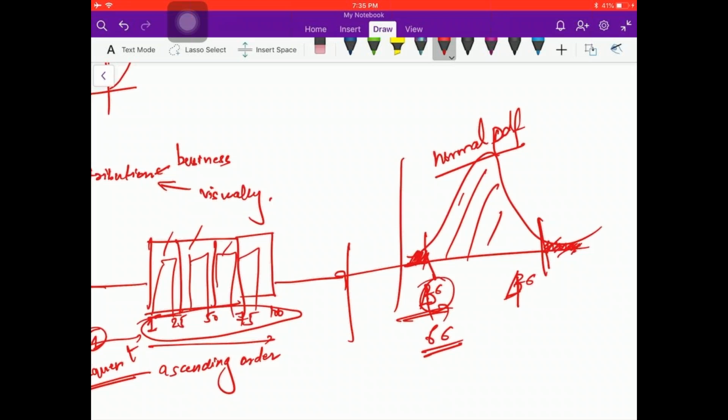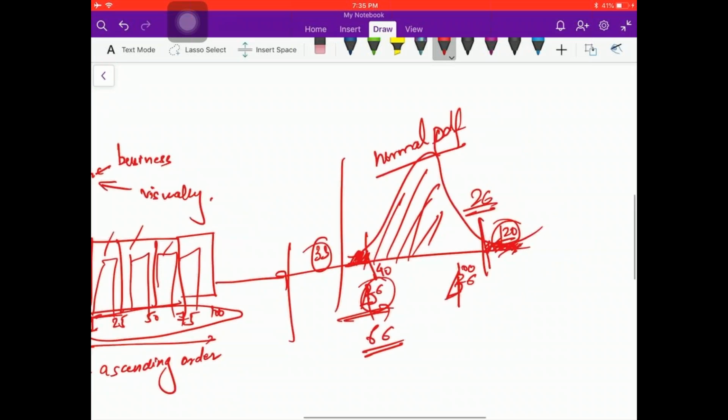For example, in an FMCG industry, if something is lying beyond the 2 sigma band, I could say, for example, your lead time was 40 to 100, and this 40 to 100 is the 2 sigma band. If something is beyond 33 or beyond 120, then I would say 120 or 33 is an outlier for me.